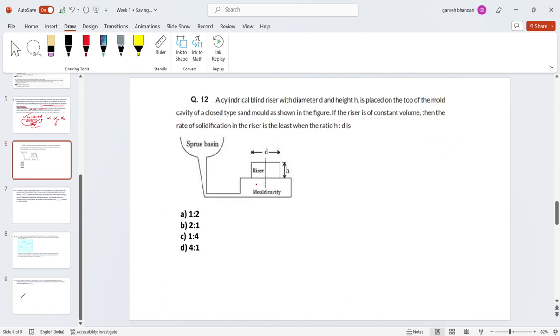Okay. Now let's move to the next problem, which is about blind riser. It has nothing to do with blind riser and all. It is just basics of your mathematics. That's why I added it here, because all these things will come at your later stage. So take your time, because at the start it may take some time.